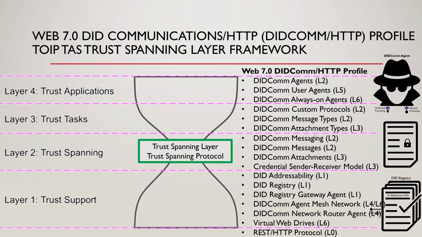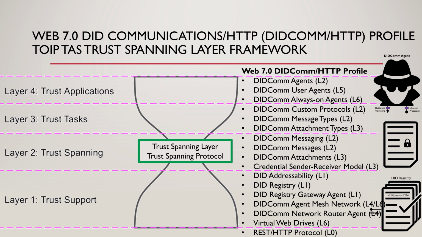This is a picture of the TOIP technical architecture specification hourglass framework. We see that on the left. This is something that Daniel Hardman had worked on, and it's part of the trust spanning layer, trust spanning protocol